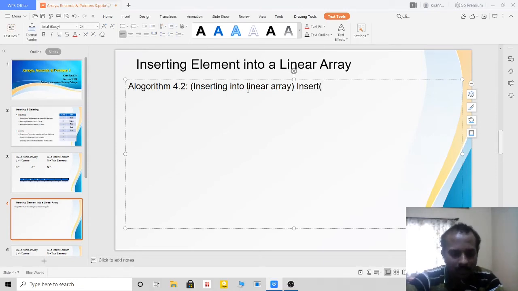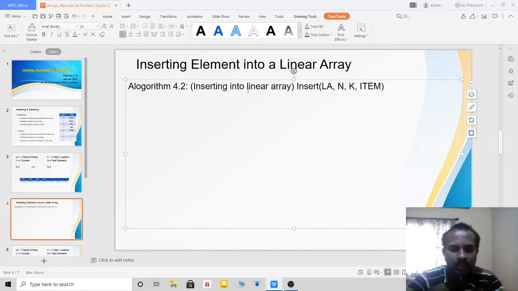For example, I am going to require LA, that is obviously because I am going to have a linear array. Then the number of elements that will be present with me, then at which position I have to insert the data, then I have to insert the item also, right? So that is the thing.